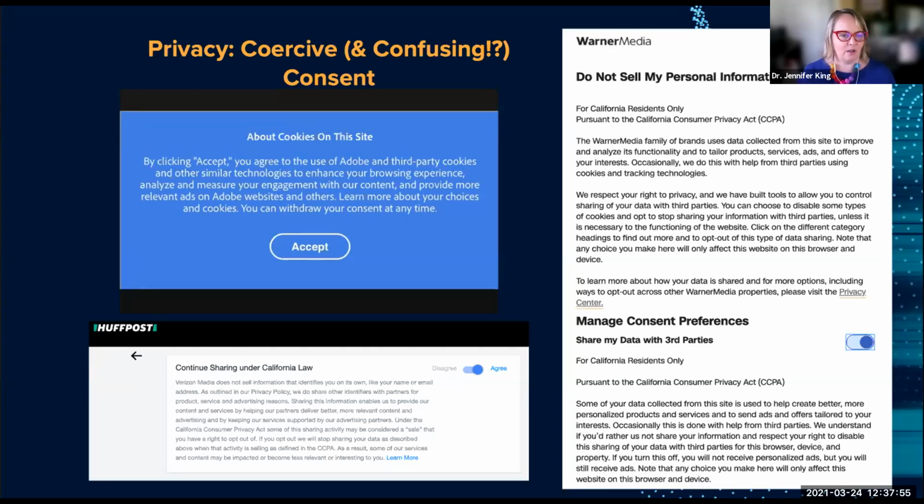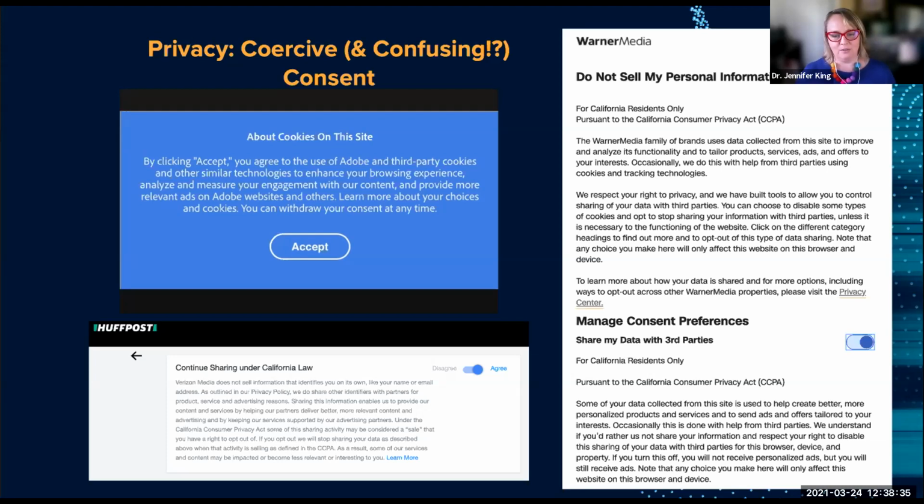The other two on this page are also California examples from Do Not Sell. And I include them because in both cases, if you take the time to really try to unpack what's going on here, you might be able to figure it out. But for the most part, they're a bit confusing. The Huffington Post one at the bottom gives you a toggle. Do you agree or disagree? But agree or disagree to what exactly? It's clicked to one side when you first land on the page, but you can't really tell what you're agreeing or disagreeing to. You'd actually have to take the time to parse through this and try to figure out, am I agreeing to share information or not share information? It's not necessarily clear.